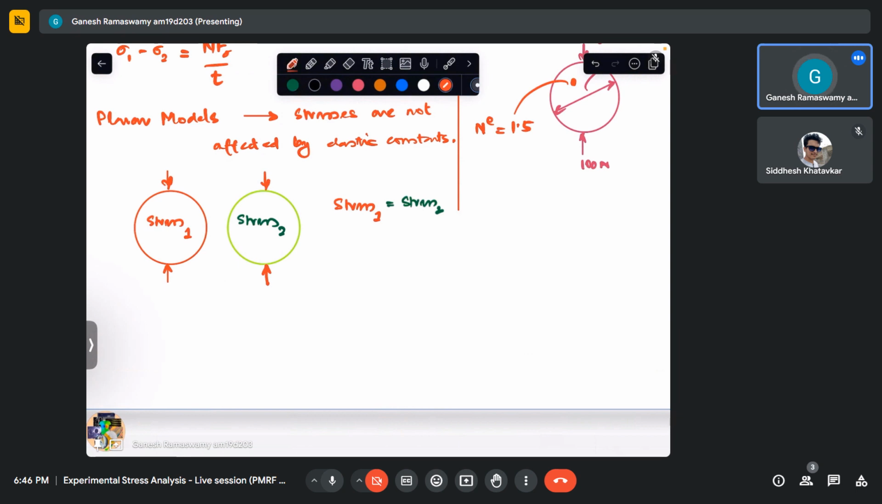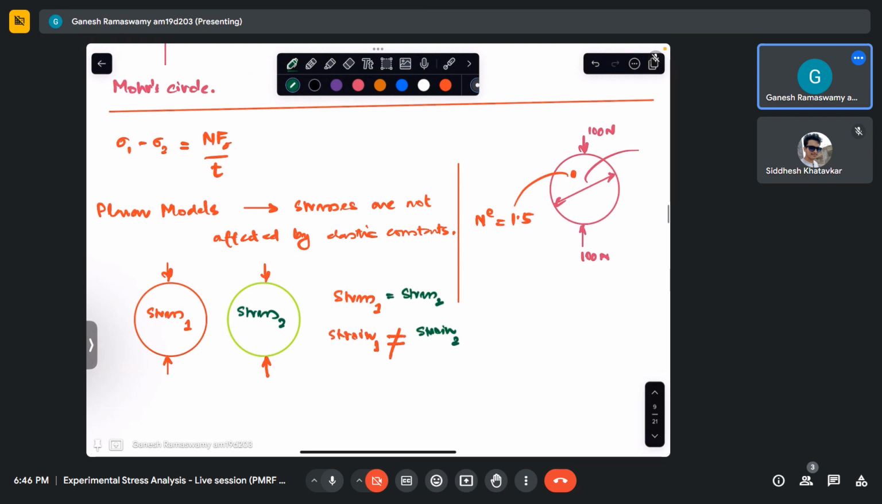Strain, let me also write that. Strain in one is not equal to strain in two. So we would see one deforming more than the other for the same load. However, stresses that are developed still remain the same for a planar condition. In this case, with this background, if we were to see here,